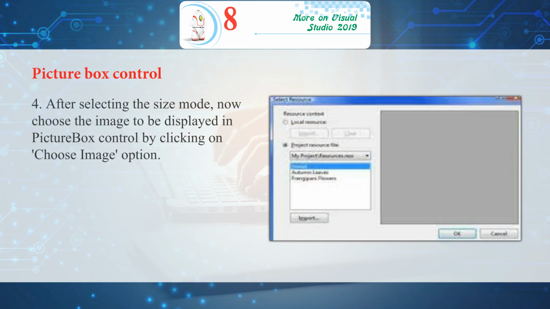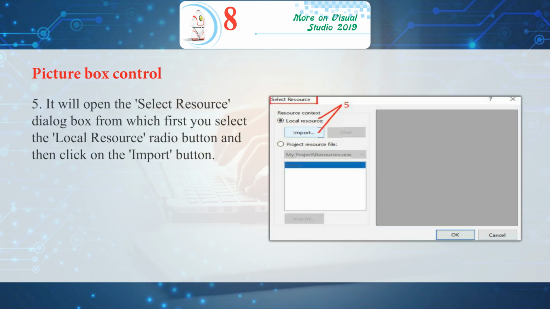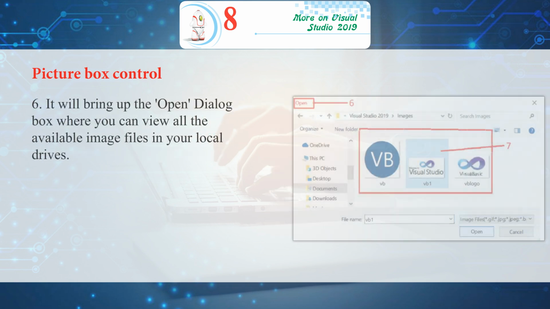4. After selecting the size mode, now choose the image to be displayed in Picture Box Control by clicking on Choose Image option. 5. It will open the Select Resource dialog box from which first you select the Local Resource radio button and then click on the Import button. 6.